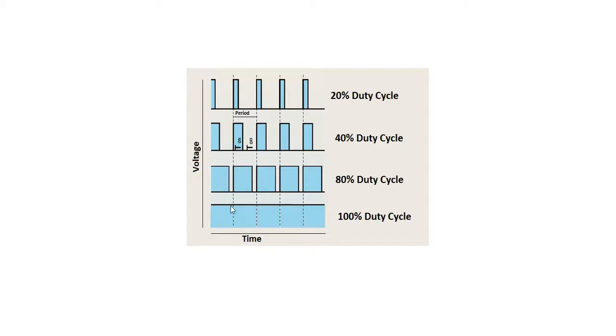So we see here at 100% duty cycle it's almost constant, whereas when it's 80% duty cycle we have a small T off time here. The T off is when the output is set to low and T on is the blue shaded one here. So for the 40% duty cycle we have the T on time a little less and T off time a bit more. So if we keep consecutively changing the duty cycle starting from a value 0 to 100%, then we'll be able to achieve different brightness levels of the LED.